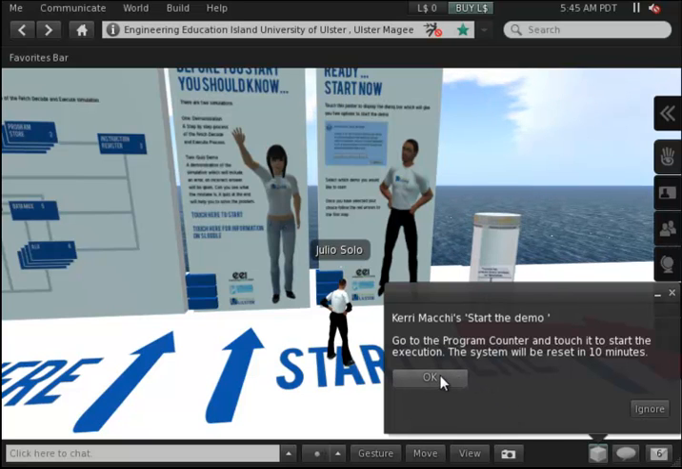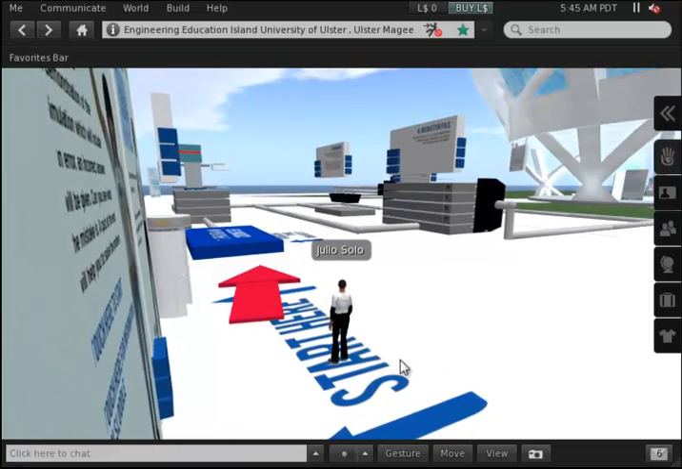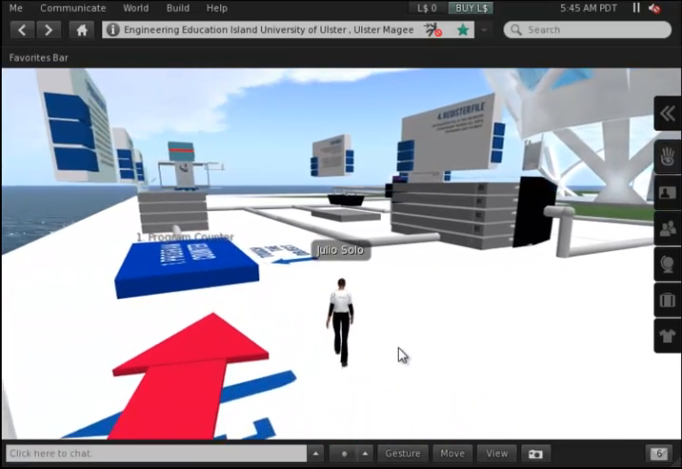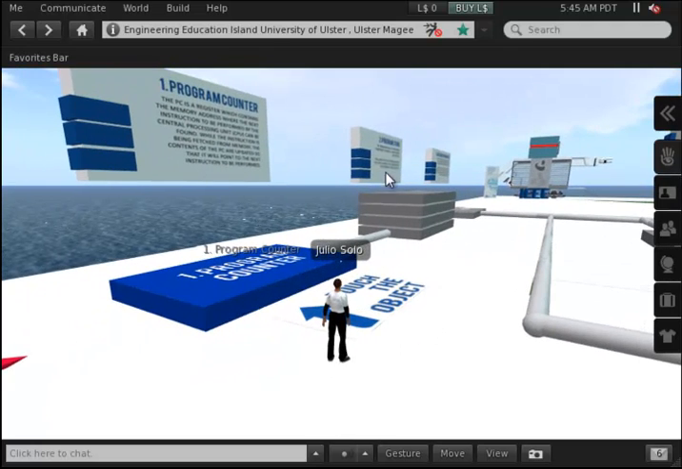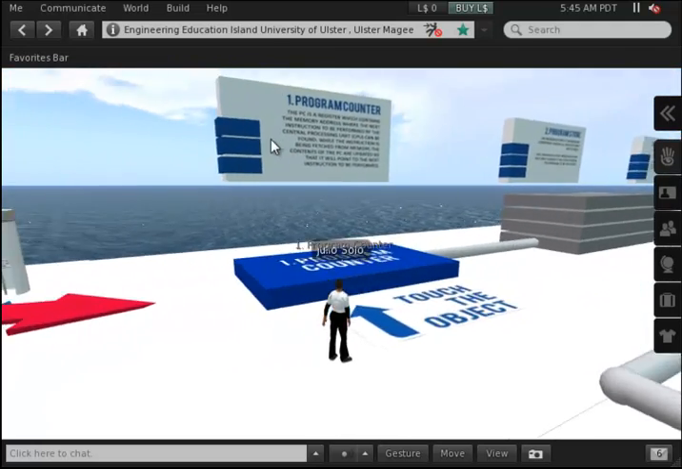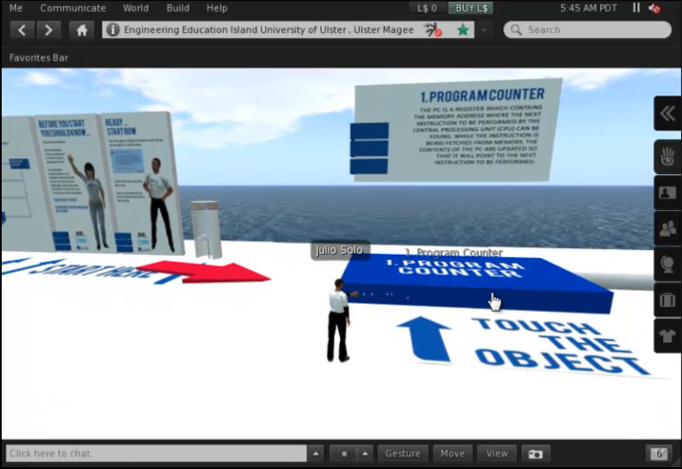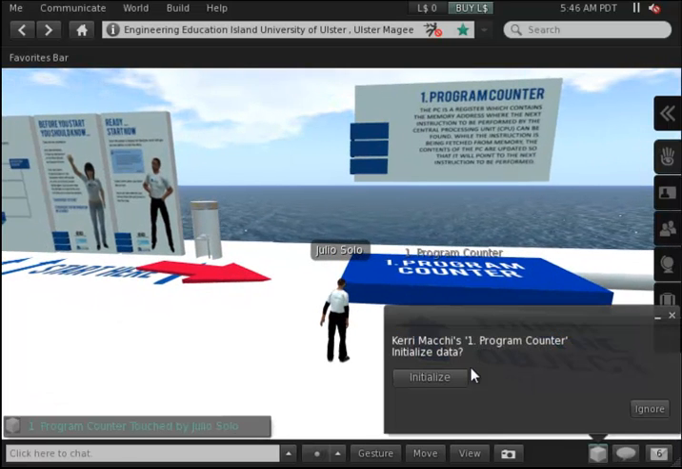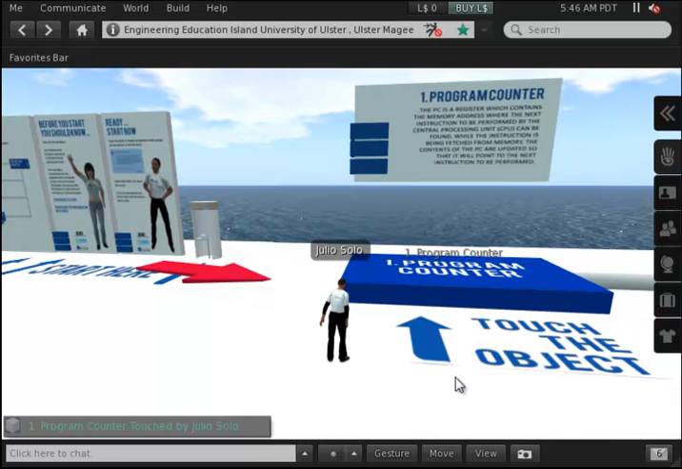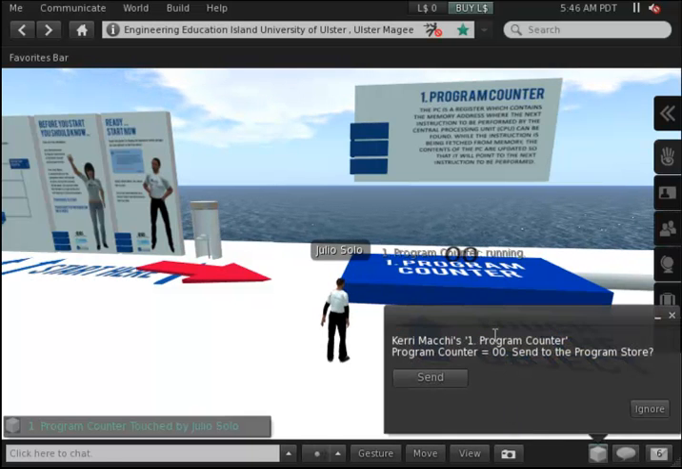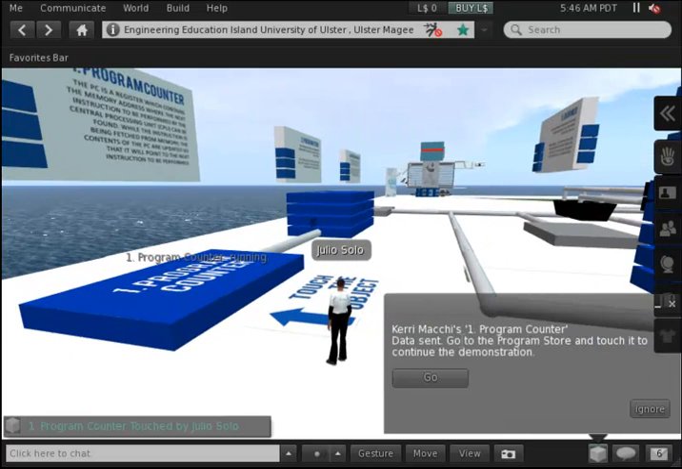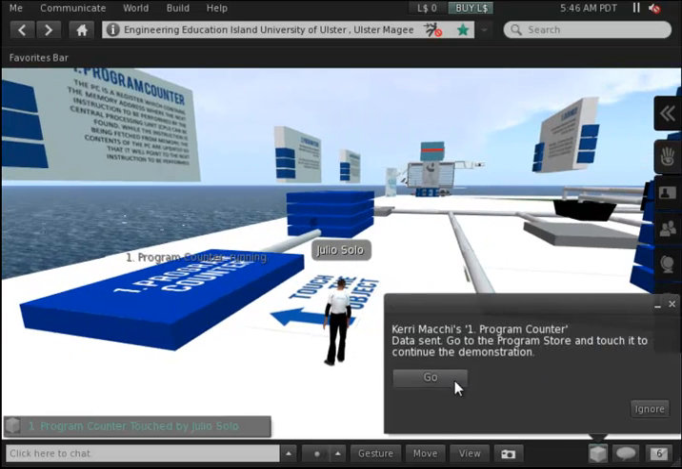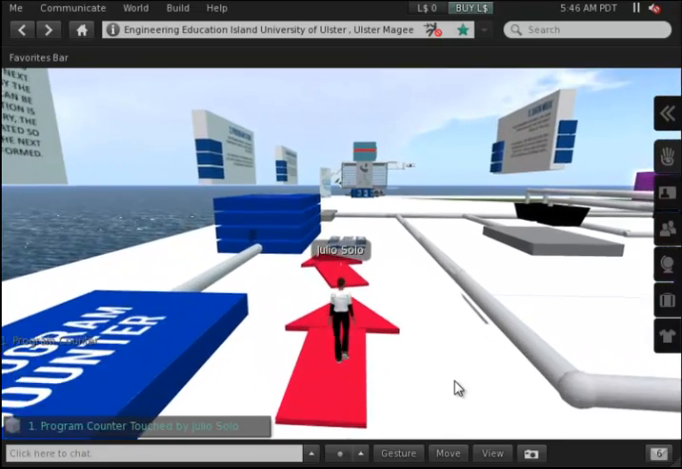in the dialog boxes. So I have to go to the first unit and touch it. As you see, each unit has its own information panel explaining its role within the CPU. Okay, so I touch the program counter and I can initialize it now. Right, the data is sent to the next unit. Here we go, and I have to go now to the program store and again touch it to continue the